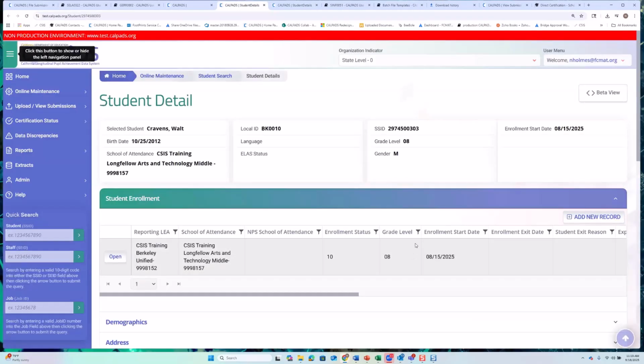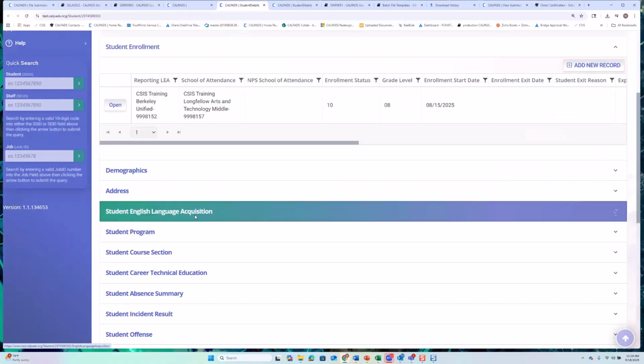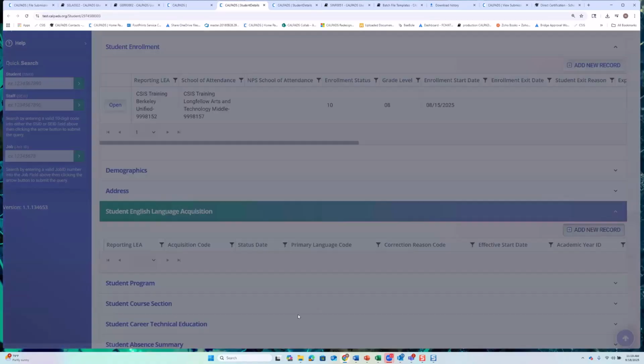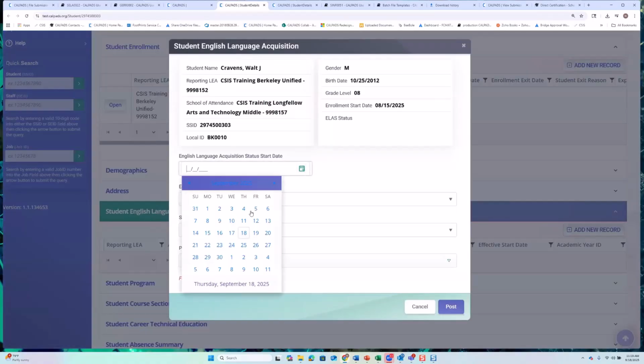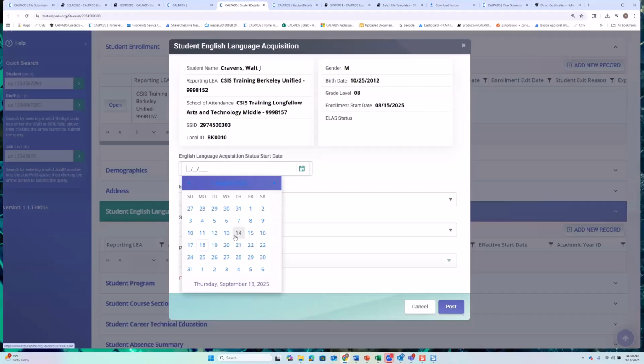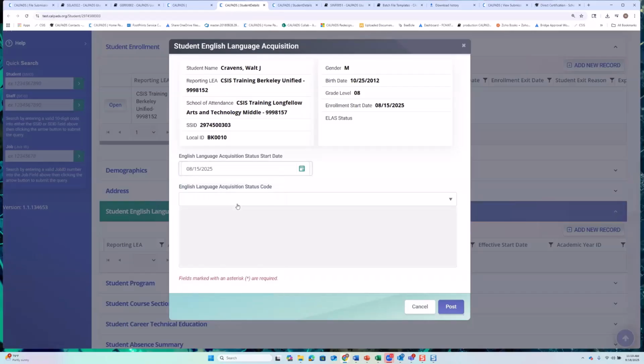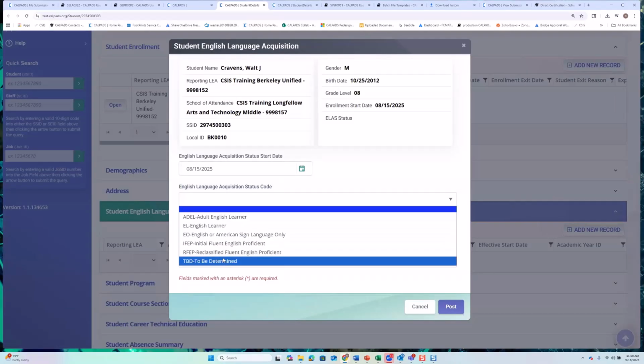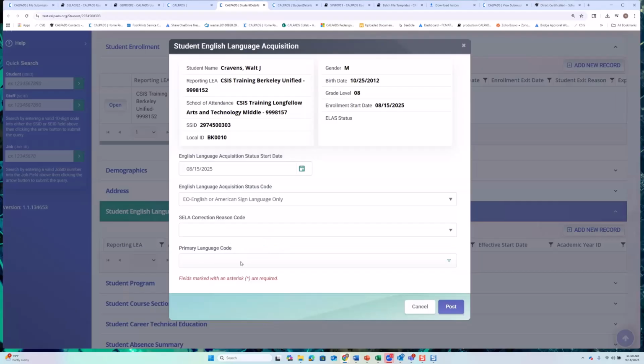Okay, this student was enrolled this year, so I'm not scared of it. Add a new record. I'm not verifying anything because these are all fictitious students. You can't be as casual as I am, but